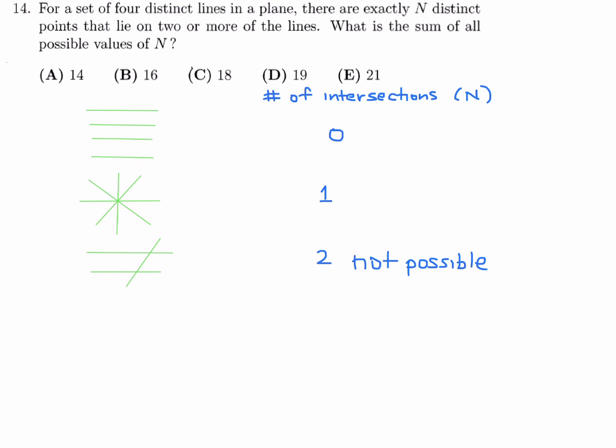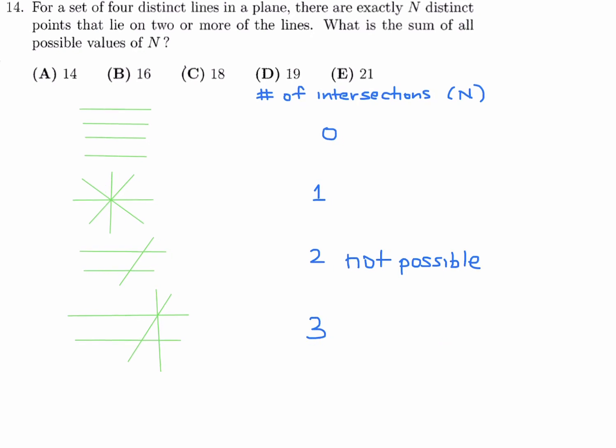The next ones I think are pretty straightforward. You can get 3. I actually probably just showed you that one. How do you get 3? Here's 1, 2, and there's 3. 1, 2, 3. There's a way of drawing 3. And then we can, of course, draw